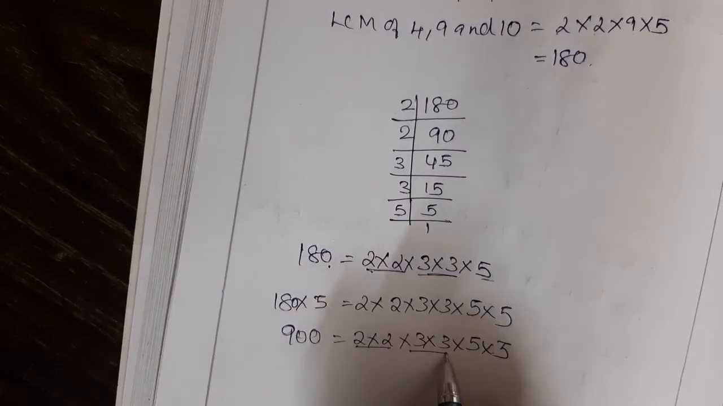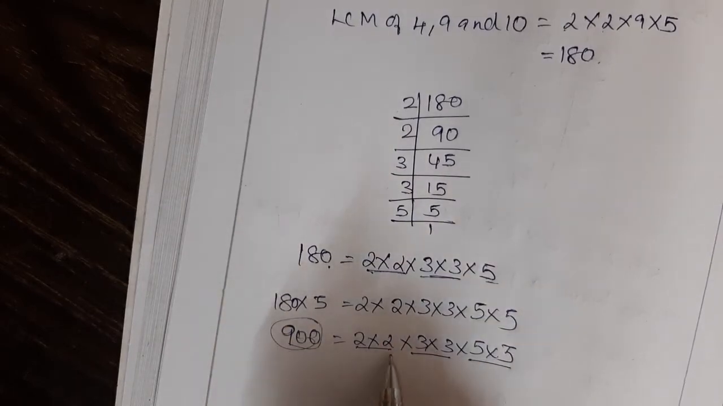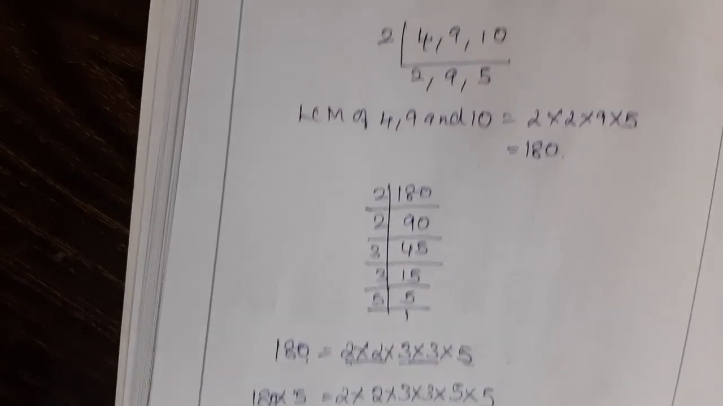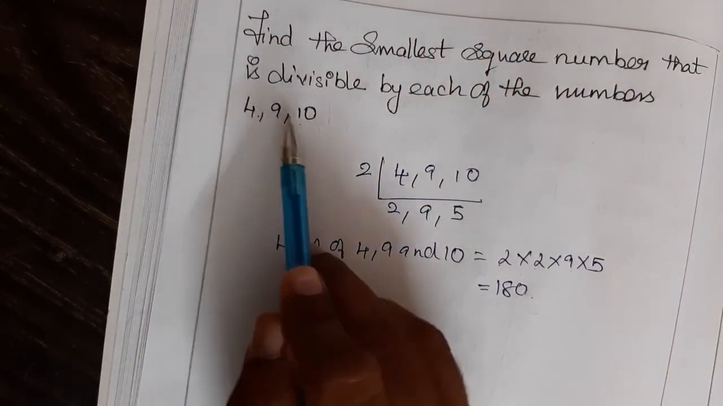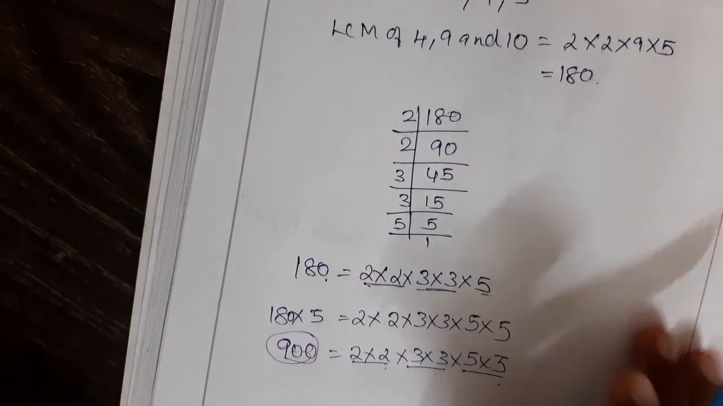Now everything is a perfect square, right? 900 is a perfect square. Everything has a pair, so 900 is a perfect square. Then 900 is the least number, the smallest square number, that is divisible by 4, 9 and also 10, right? Therefore